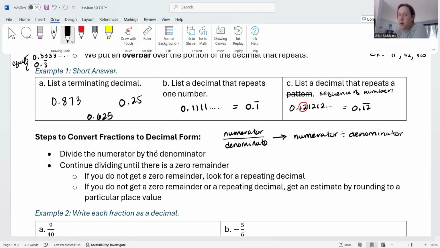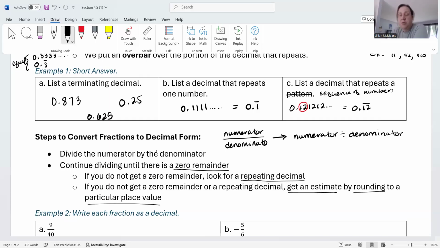So you take the numerator and divide it by the denominator. Continue dividing until there is a 0 remainder. Once you have a 0 remainder, you have your decimal, and that indicates a decimal that terminates. Now, if you don't get a remainder of 0, you want to look for a repeating decimal. If you do not get a 0 remainder or a repeating decimal, get an estimate by rounding to a particular